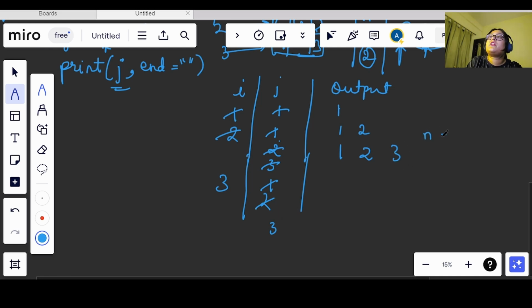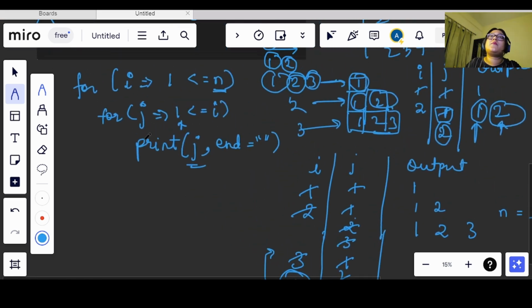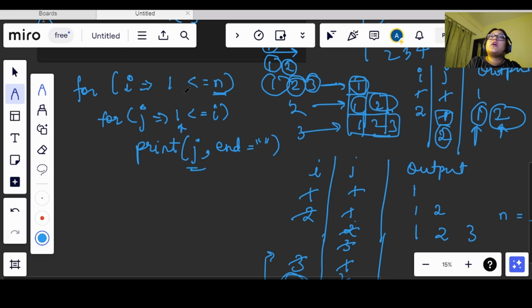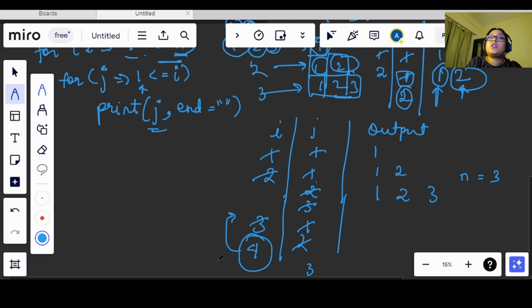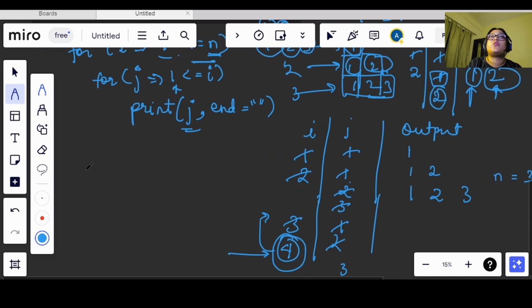Now let's say n was equal to 3. What will happen is i will get updated to 4 and we will see that the condition is becoming false, right? Because we were iterating from 1 to less than or equal to n only, and now since the value is becoming 4, which is greater than the n value, we will move out of the loop, and whatever value has been printed will be our expected output, right?